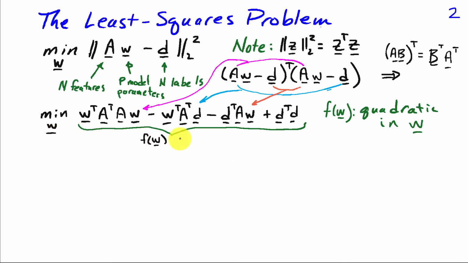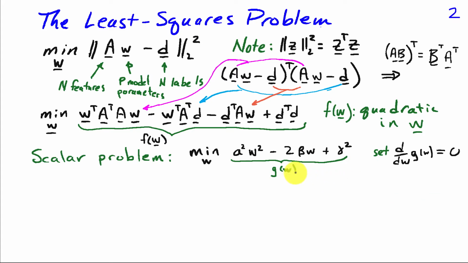You can see that this is a quadratic function in the vector w. The terms w transpose A transpose d and d transpose A w are both linear. They only involve one term of w. And this first term, w transpose A w, involves w multiplied by itself, so that's going to be a quadratic factor. Now before we go ahead and try to solve this, I want to take you back to a scalar problem